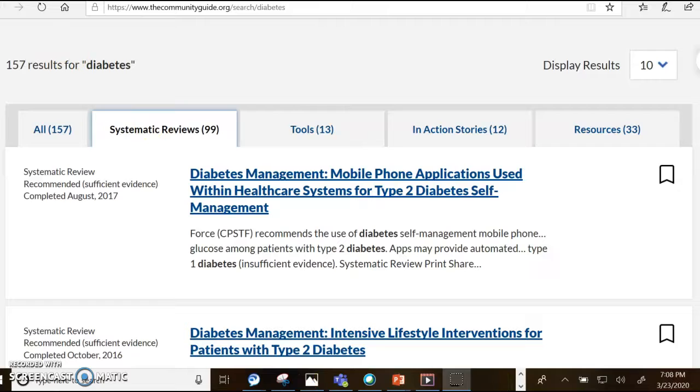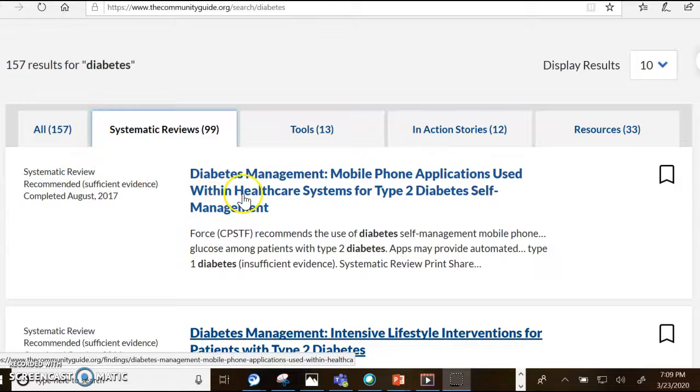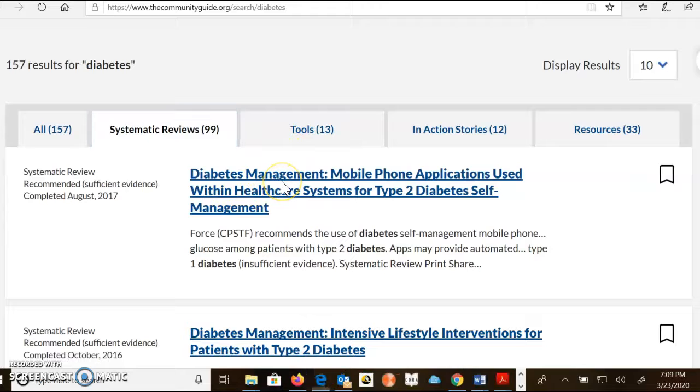So if you'll recall, a systematic review is one of the higher tools in the pyramid. So it's really rigorous, credible research that's been done in the field, and this is what's recommended with this intervention. If I click on the title here,